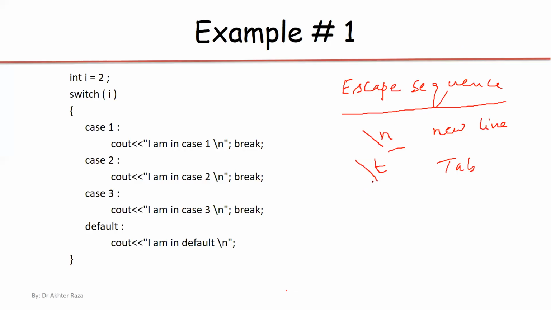Now the remaining escape sequences are what? \n, \t, \a for the beep character, \" for double quotes, \' for single quotes, or \\. So these are the different escape sequences, and you can use any of them in your program wherever needed. But these escape sequences must be included in your string. So it must be in double quotes or in single quotes. You can also use them in a single quote because this is one character. This is not a two-character string. The \n is one character. \t is one character, and so on.